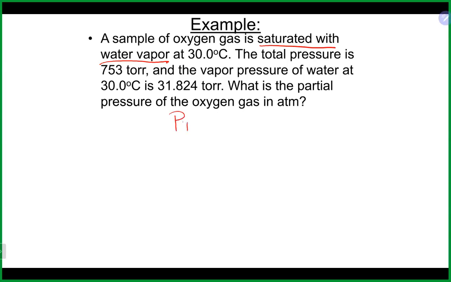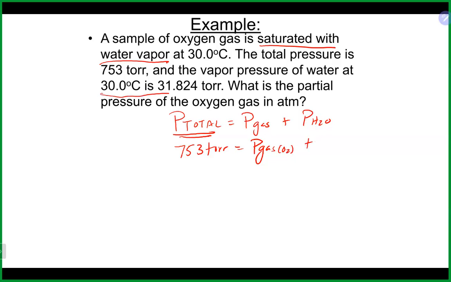So this is that partial pressure situation we were just looking at: the pressure of the gas we're interested in, plus the vapor pressure of water. In this particular case, they gave us the total pressure, which is 753 torr. The pressure of the gas we're looking for, which is really oxygen in this case, plus the vapor pressure of water. If this was not provided to you in a problem, there's usually a table in the gas chapter of vapor pressure of water where you could look it up based off of the temperature. Obviously this was done at 30 degrees Celsius, so we would go to the table and look up 30 degrees Celsius for the vapor pressure of water, and that is the number that we would find there, which in this case is